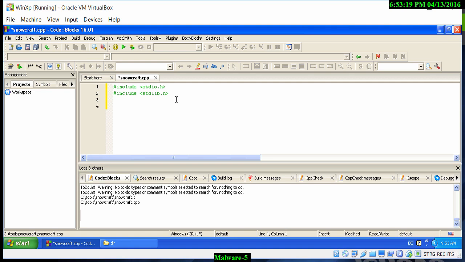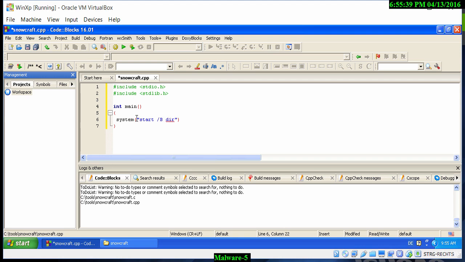And now that we have those two files, we now just need to write a very simple piece of code. Int main, and within main we want to have the following, which will be in these brackets. What we want to do is basically load up the netcat file, which we have called chest.exe, and we then also want to load snowcraft.exe straight after that. So to do that, we type in system, and with system we need to start, and we want to start chest.exe. So within these brackets we type in start. We had simply renamed the ncat file to chest.exe, so we simply type in start in these quotation marks, and